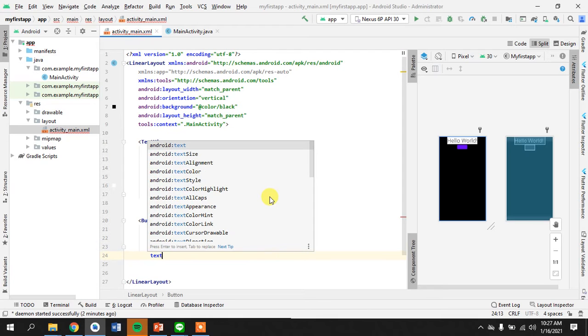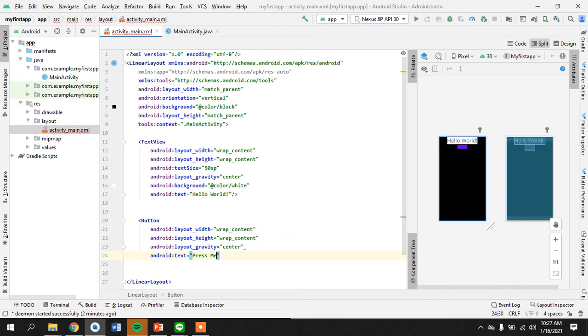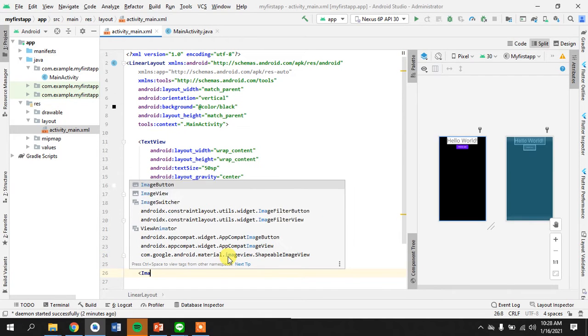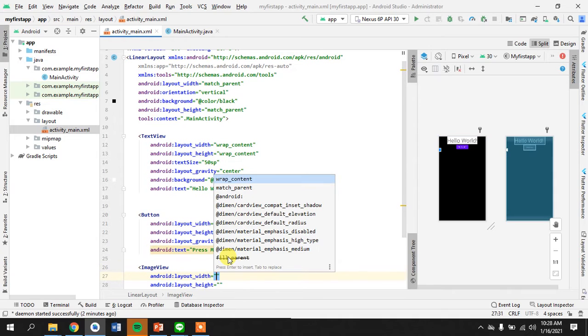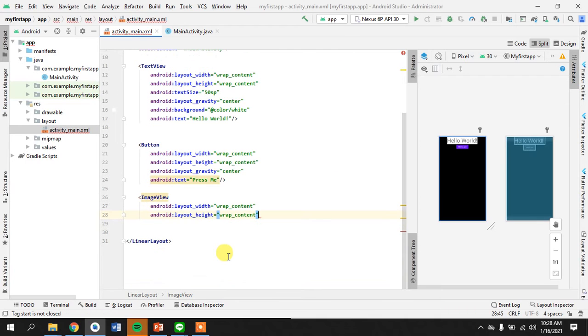Center, text, press me, and let's take an image view. Let's do wrap content,